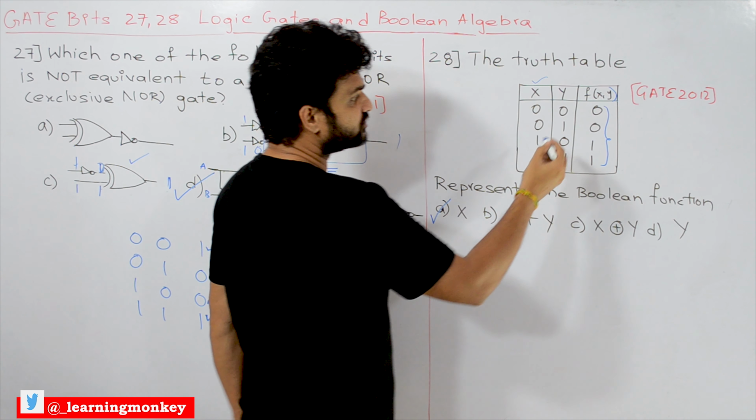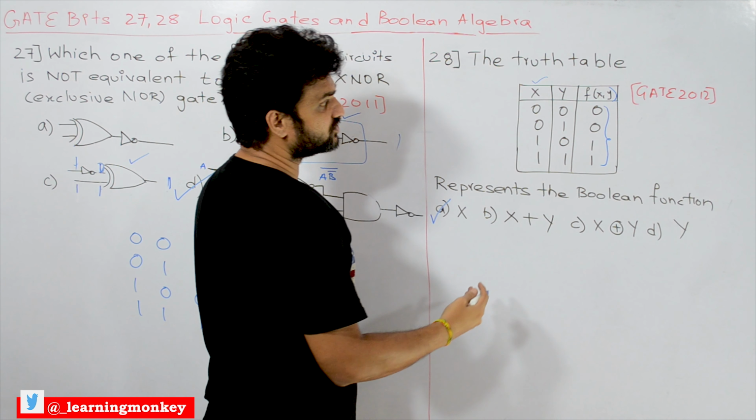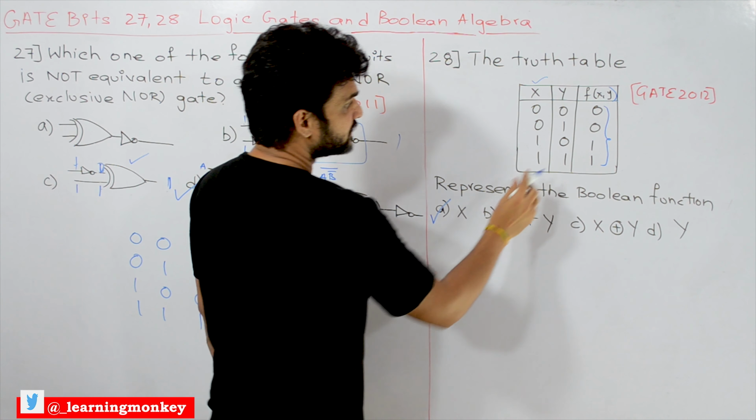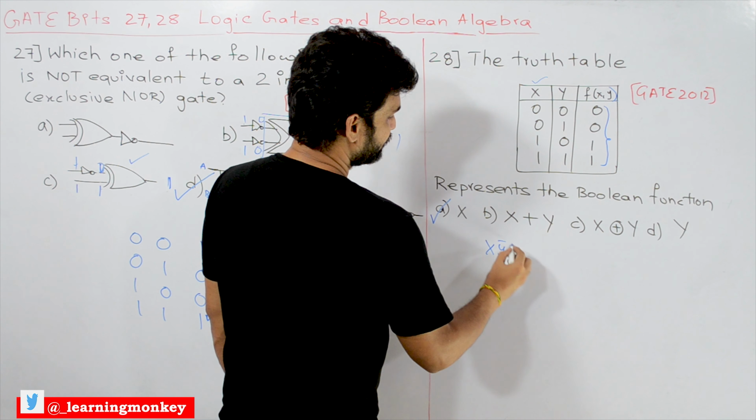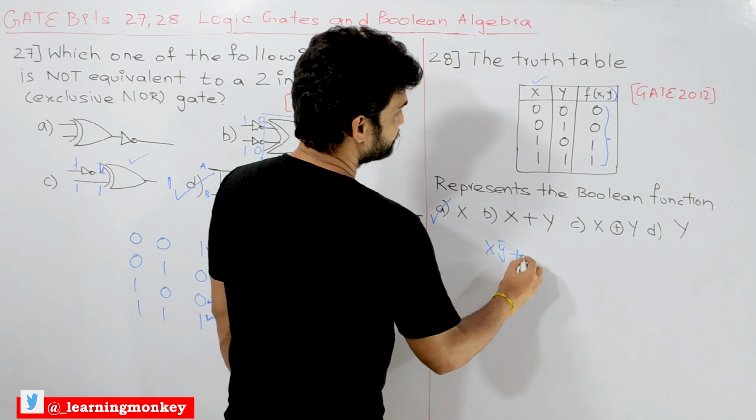If you want to give the expression, and if you want to solve it, for which min terms it is producing an output of 1, it is X Y bar plus XY. So if you bring common X out, it is going to be X times X bar plus Y. This is going to be 1. X dot 1 is going to be X. In that way also we can solve, but it is directly given. 0 0 1 1 is representing X, so it is directly given. You can write it in 1 second. You can just tick mark it.